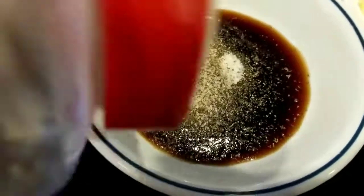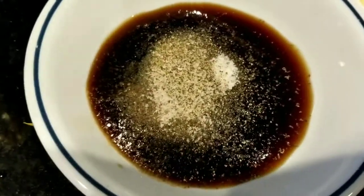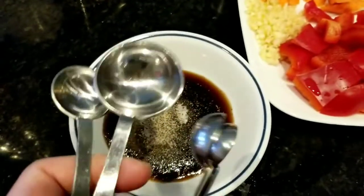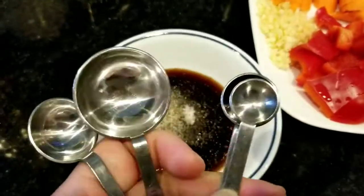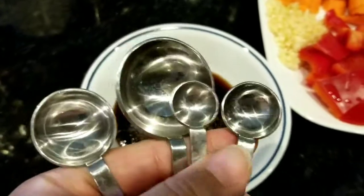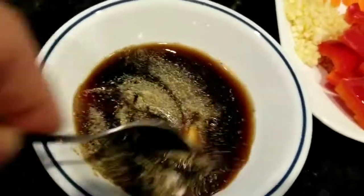But if you want to use the measuring devices, okay? All right. To answer the question of Queenie, what measuring device you're talking about, this is my measuring device. So this is my 1/4 teaspoon, the smallest one, and then so forth. So mix the sauce, and also we're gonna be putting some water